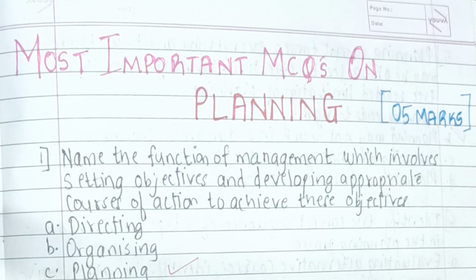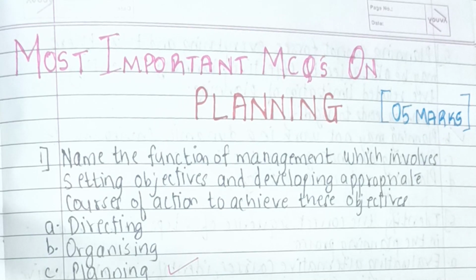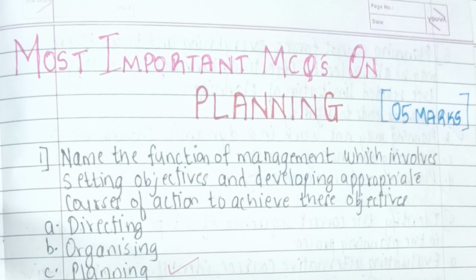So again, these were some important questions that I found to be important from this chapter, that is planning. Considering that this chapter comprises of only 5 marks, I have discussed only 20 multiple choice questions which I found to be important. In these 20 MCQs I have covered the planning process and the different types of plans. Also I have given you different case studies and asked you to identify the different kinds of plans that have been used, and also I have given questions on features and advantages of planning.